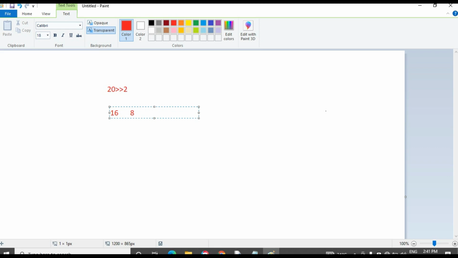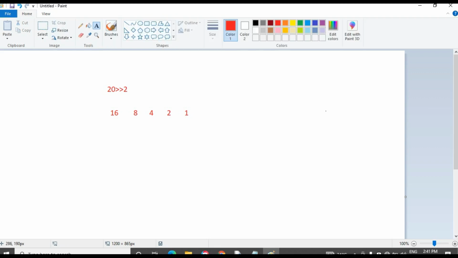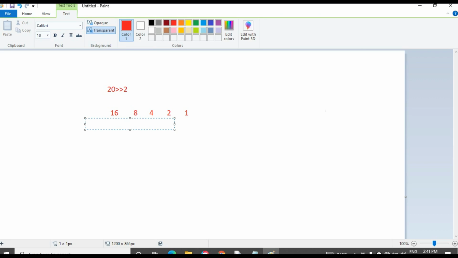So for 20 we have to start with 16, 8, 4, 2, 1. So for 20, the binary representation